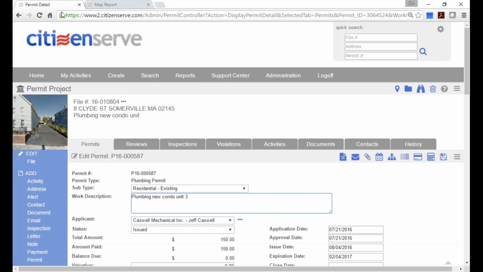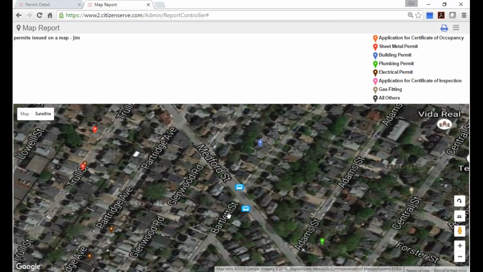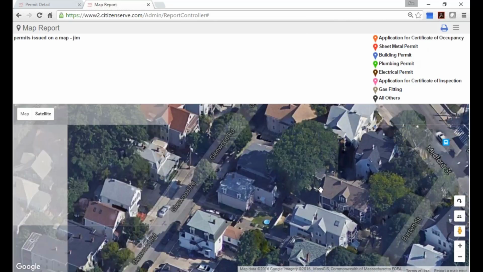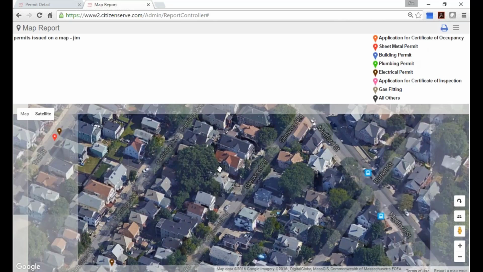This could be anything. It could be violations on a map or expired permits on a map. And that's how easy it is to create a report. I just created this. And so at this point, in the city, they can get all that on the report. And this is a report that we could put out on the public